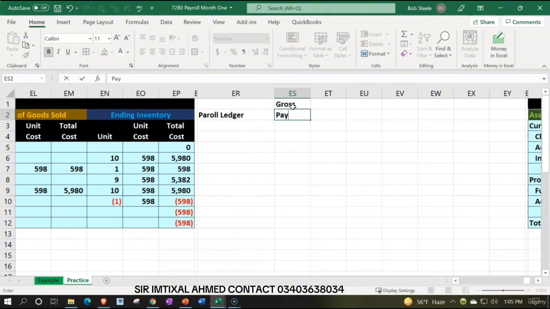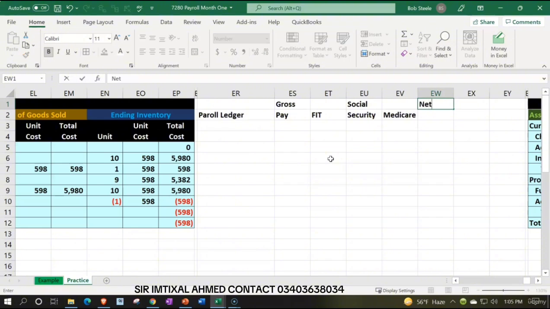Gross pay. Notice I'm not going to use the alignment tab over or the wrapping. I'm going to put 2 different rows when I need 2 different rows here so that I don't make a wide row that might mess things up to the left and the right. If you're not inserting a table, I think that's the better way to go oftentimes. The FIT, federal income tax. We're going to have social security, social. That's not how you spell it. Social, you could read it, couldn't you? You knew what it meant. Security, Medicare,